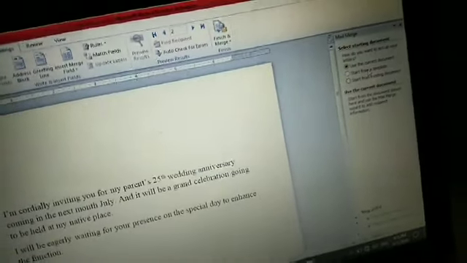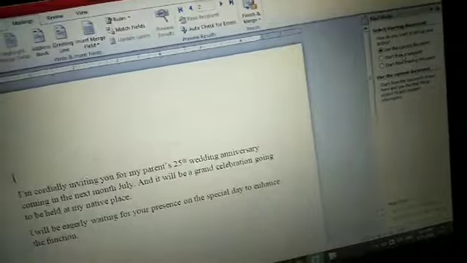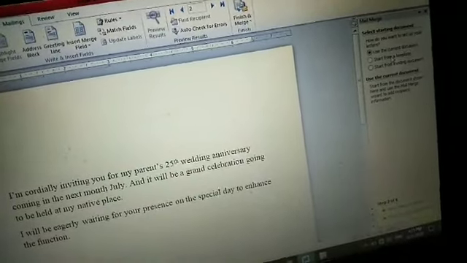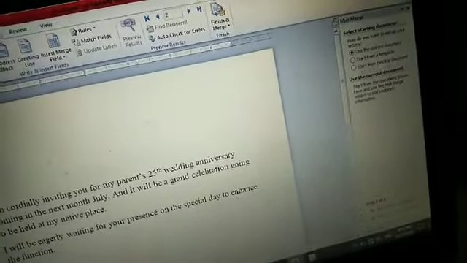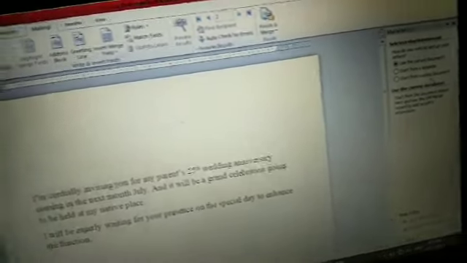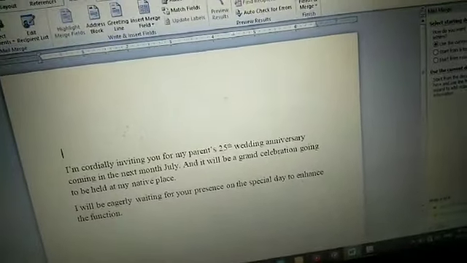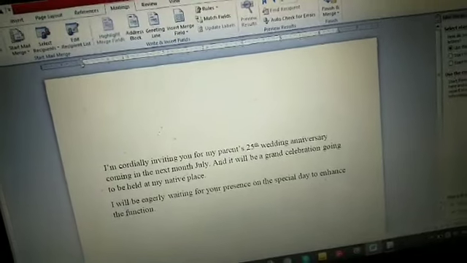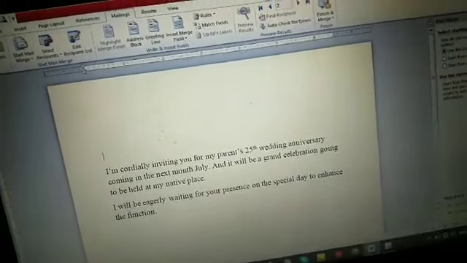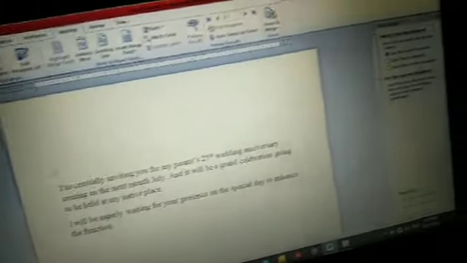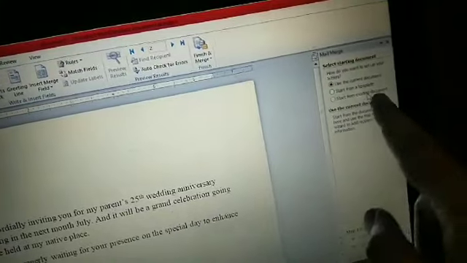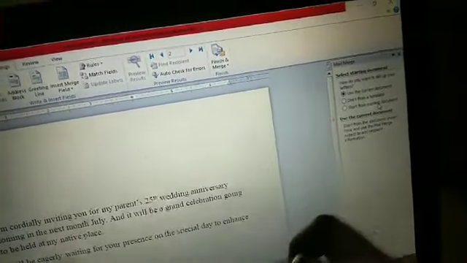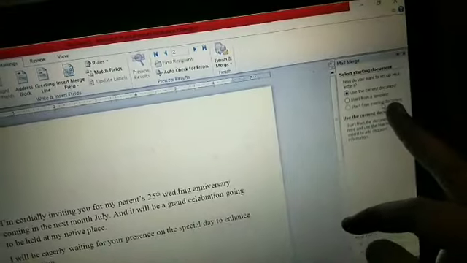Template means, as I told you in the last class, something already present in your system itself. This MS Word software has some already created letters, and if you want, you can use those also. The next one is start from existing document. Suppose you have created a number of varieties of invitation letters, for a birthday party or officially or unofficially. You can go back and select whichever document of your own creation you want.